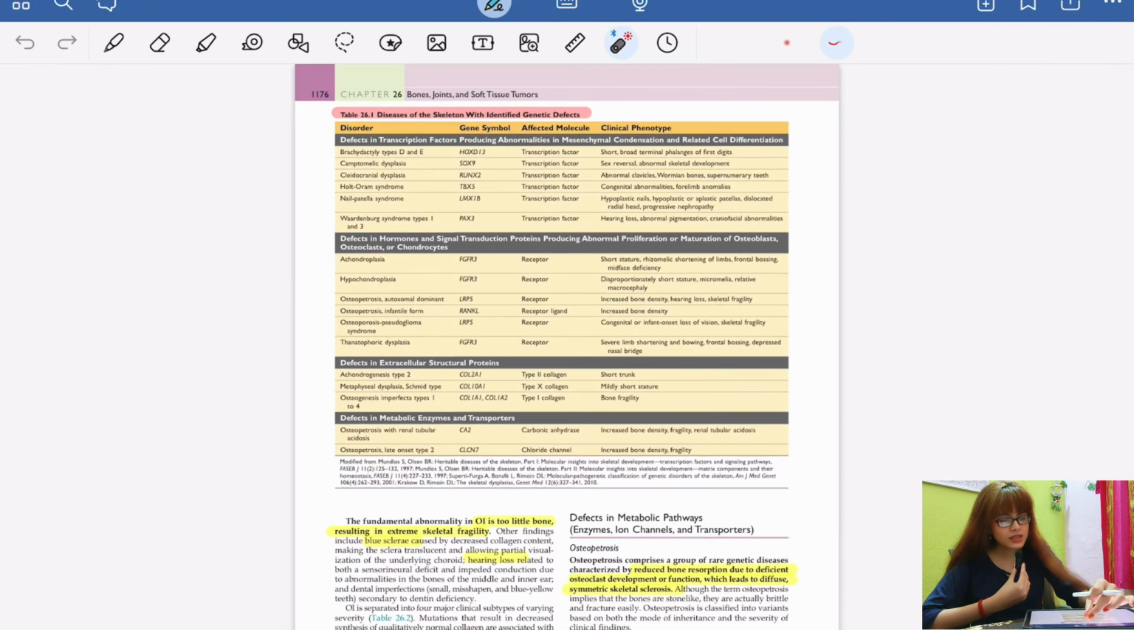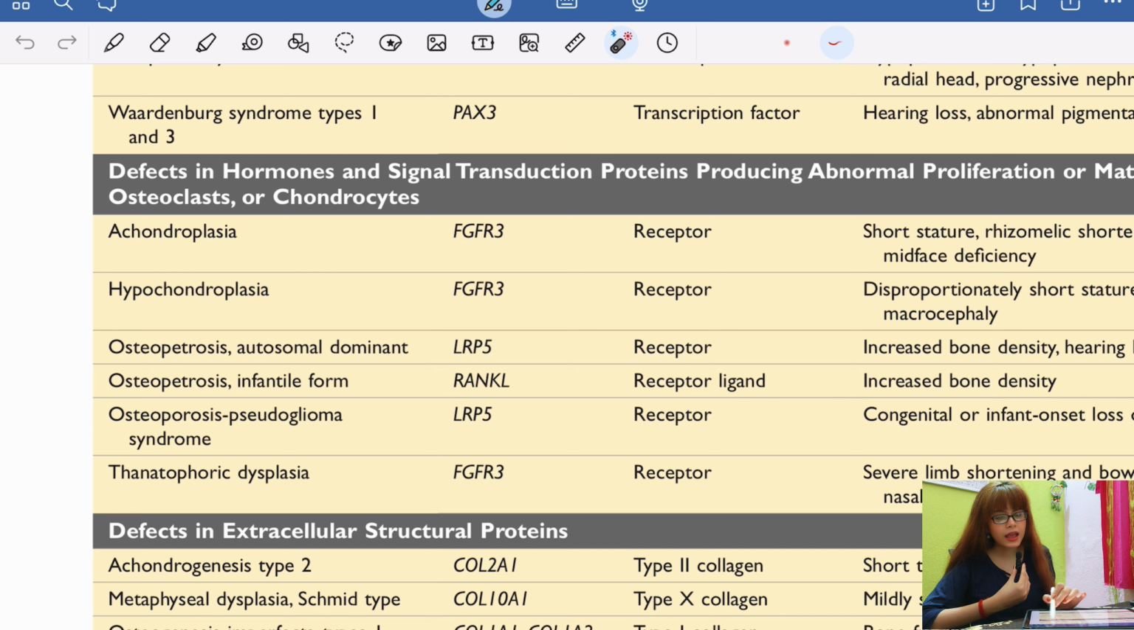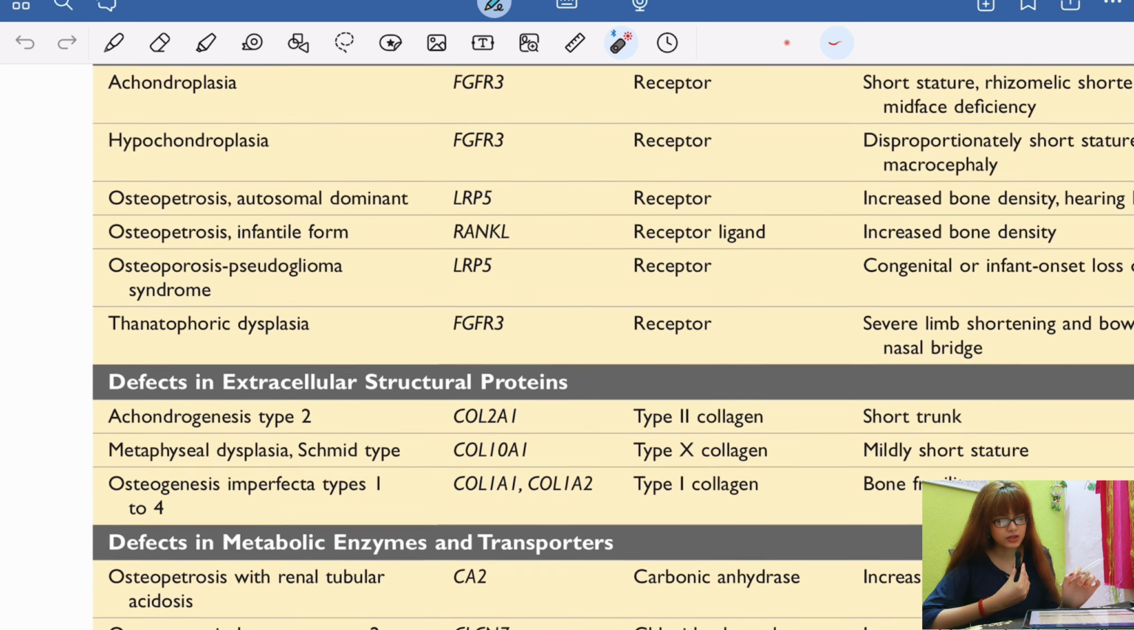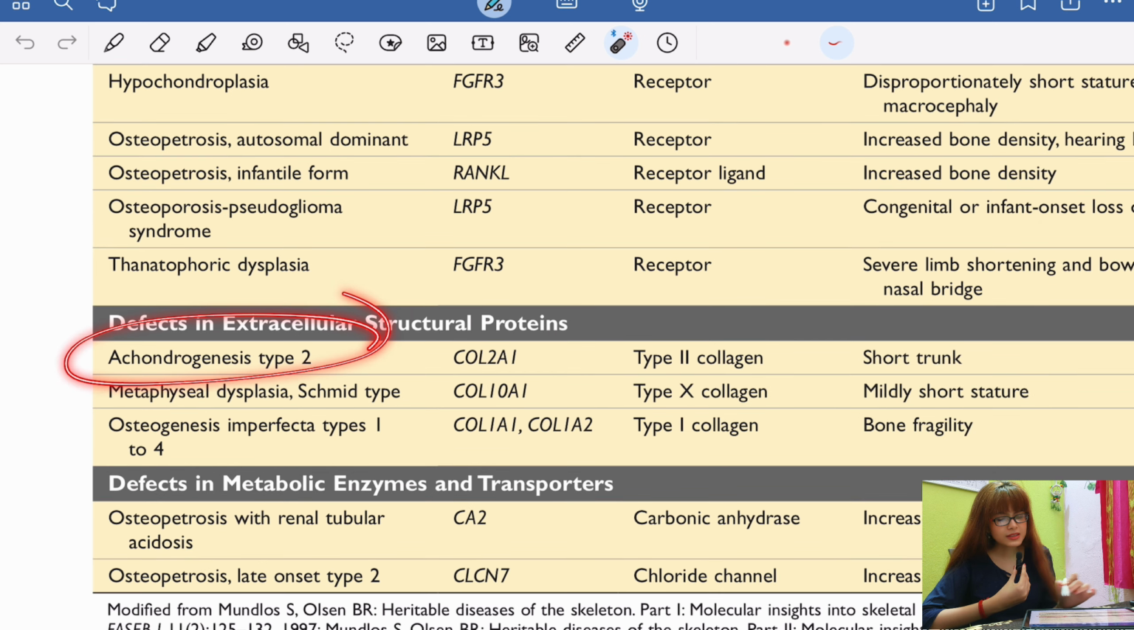Now this is a very important chart. Here all the disorders along with the genes are present. All of which you can't remember, so I'll just mention the important points. Cleidocranial dysplasia RUNX2 important, Holt-Oram syndrome TBX5 important, achondroplasia FGFR3 important, hypochondroplasia has the same gene defect. Now osteopetrosis, autosomal dominant and infantile form. So osteopetrosis has both forms. In the autosomal dominant you have LRP5, in the infantile you have the RANK ligand. Very, very important question. Now achondrogenesis, a type 2 called